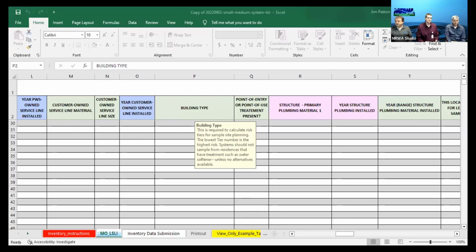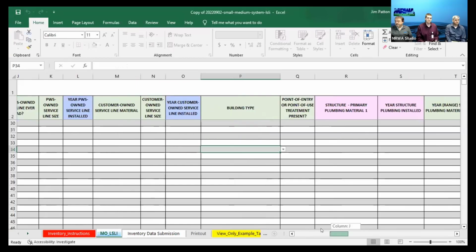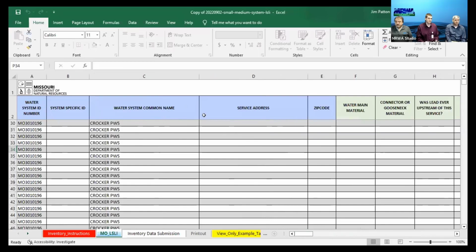Okay, is there any funding out there to help with this? What are small towns gonna do that don't have the funds or manpower to do this? Like we said, there's bipartisan infrastructure law money that is available through our SRF program. And you can access the SRF website on the department webpage.